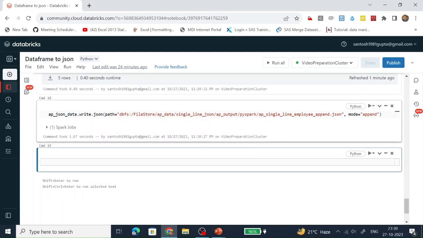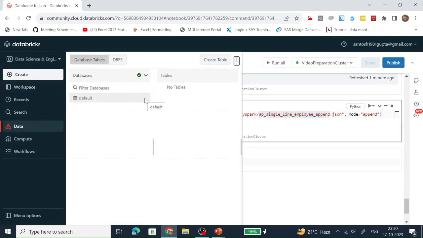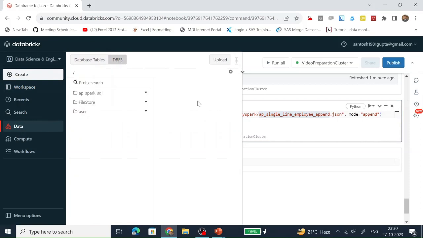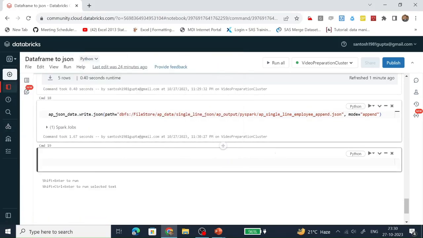Okay, the file is created successfully. Let's see in the data tab whether the file is created or not. See, this file has been created. This one. Let's read this file.